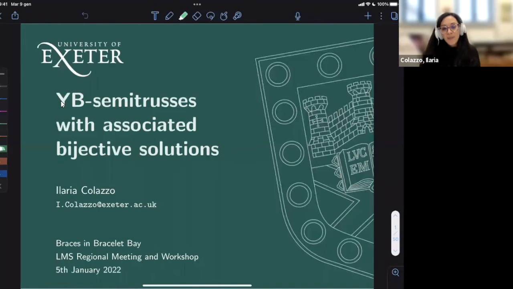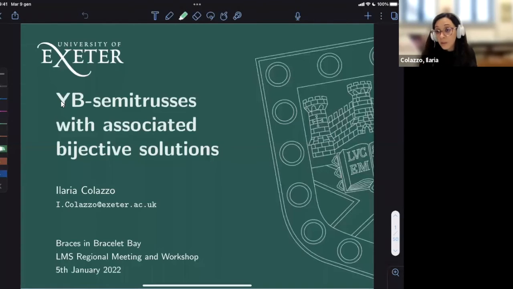The ambition of this talk is to convince you that YB-semitrusses can be useful also in the setting of bijective and non-degenerate solutions, the setting in which we know that skew braces